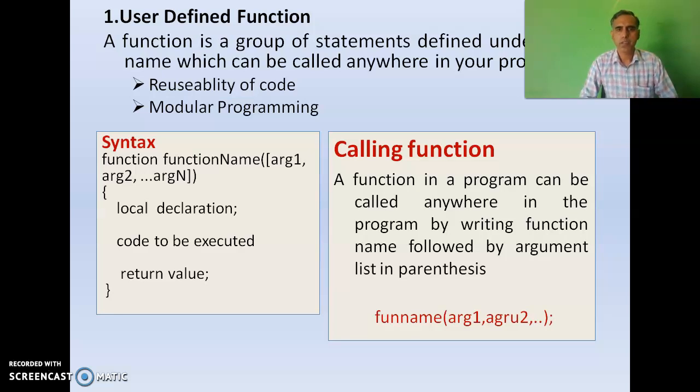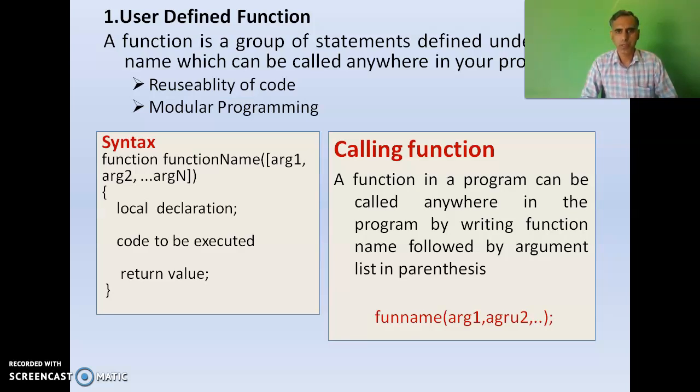A user defined function is a group of statements defined by the user to perform a specific task. User can define the function in a head tag of the HTML page, and the defined function can be called anywhere in our program.